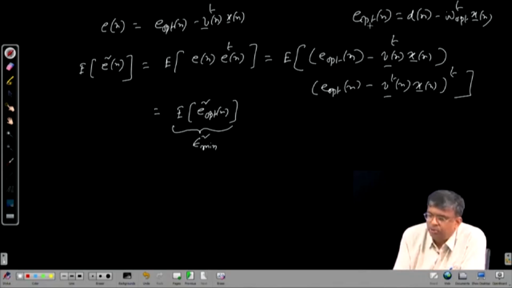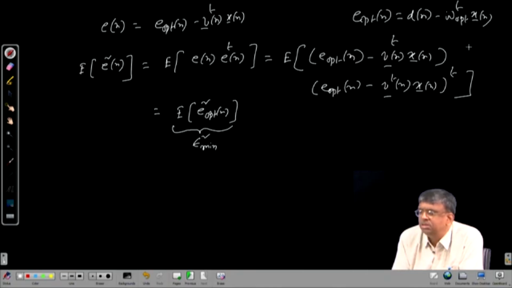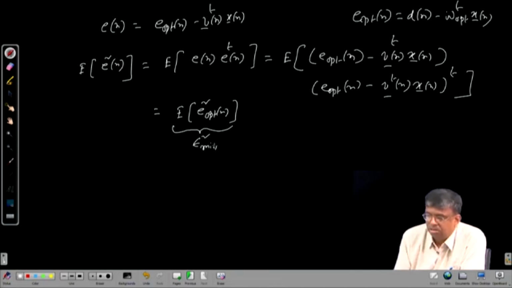Because if you square up and take expectation of d n squared, the n will disappear because of WSS. Similarly, the cross terms between d n and the elements of x n are jointly stationary, so the cross correlations will have no n. x n itself is a WSS process, so any correlation between them is again independent of n. That is why the variance is just a constant independent of n, the minimum attainable.